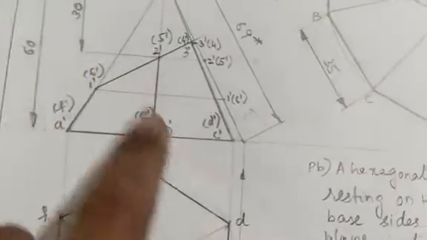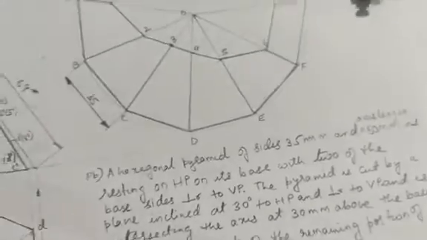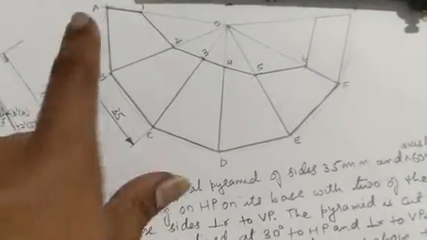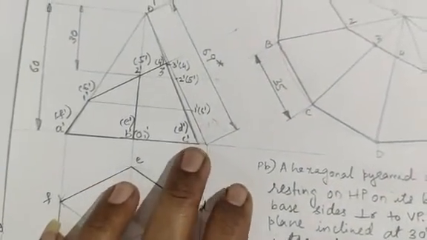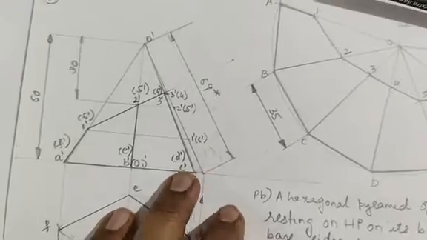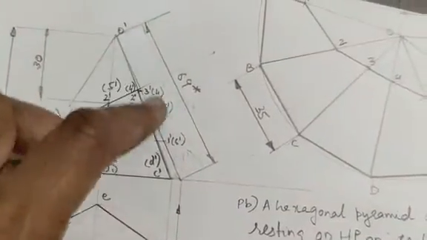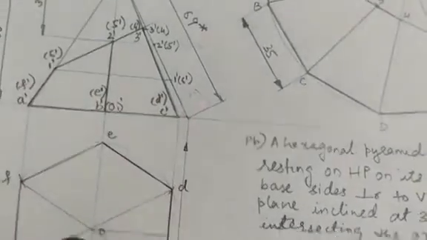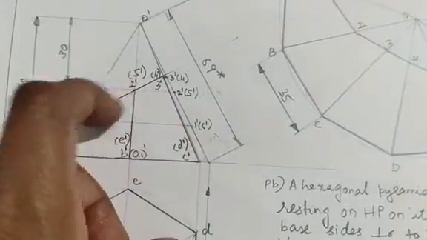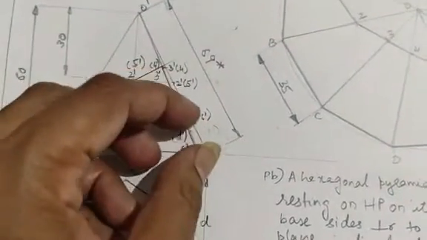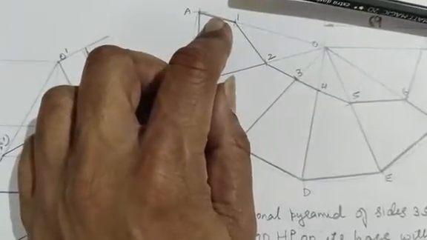So the corresponding points, the cuts are easy to locate. So you have cut it like this. So we have drawn the development of the uncut part. Now let us get the development of the cut part here. Now I know that this slant edge which I have made parallel is of true length. So I have to project all the cuts on this line, measure these lengths, and corresponding cuts I have to show over here. Is it clear?